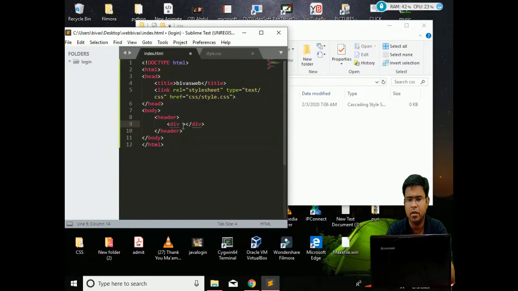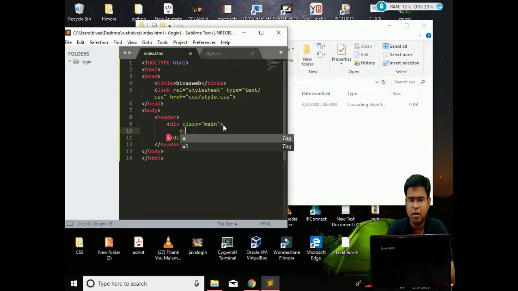Why is class required? Class is required mainly for the style sheet, whenever we are doing CSS. So style is very important. You have to give a name inside the style. I have given the name main.